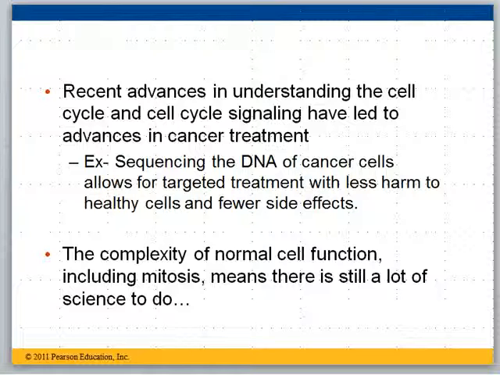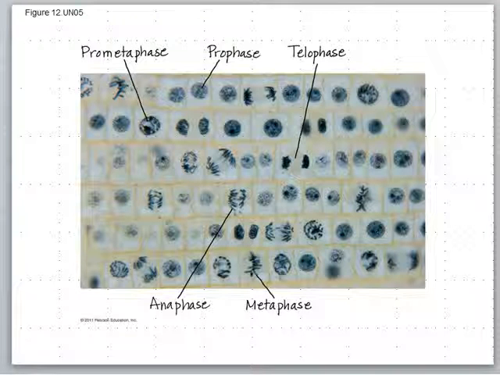So obviously this is a very complex activity. The complexity of this mitotic function of dividing and growing is quite a lot to study. It's interesting that there is so much that we know, but there's still so much science to do. So just as a wrap-up, this entire chapter was about mitosis. Here are a number of plant cells, and you can see these plant cells are in different stages of dividing, going through mitosis.